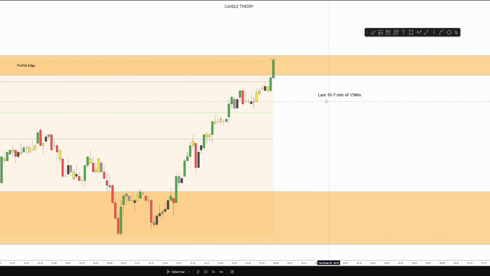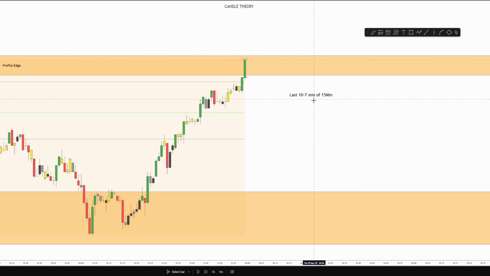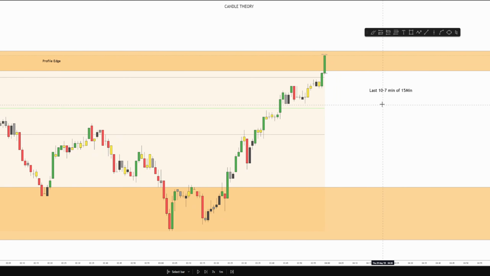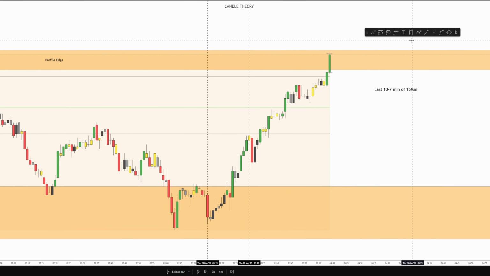Before we start looking for entry criteria once we touch this top edge, I want us to look right here, where it says last 10 to 7 minutes of the 15-minute candle. This is what we're going to be using for our trades. This is going to be the entry for our trades. We can see that from 3:15 till 3:30, if we marked out the first 5 minutes as a candle itself,